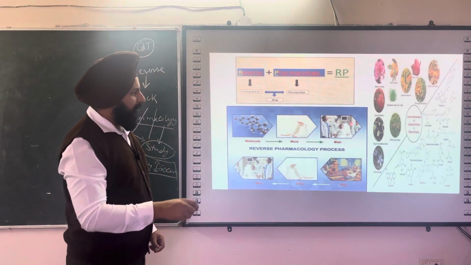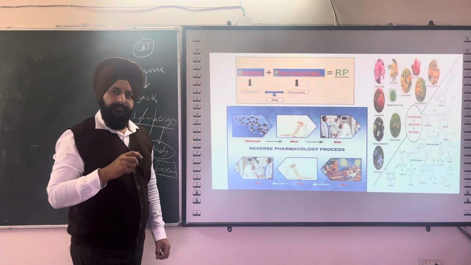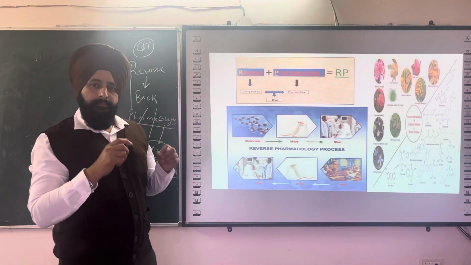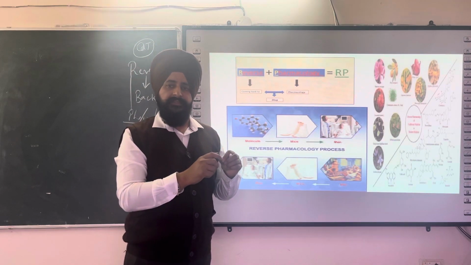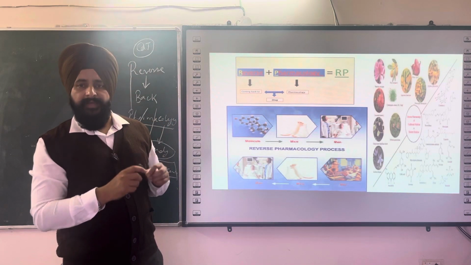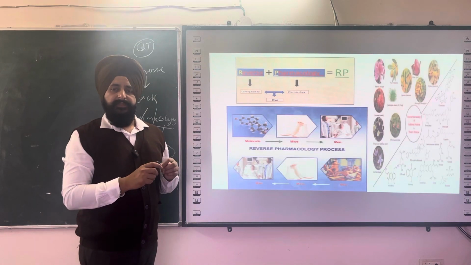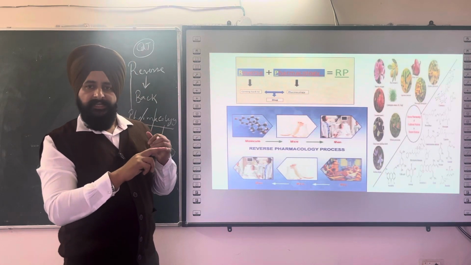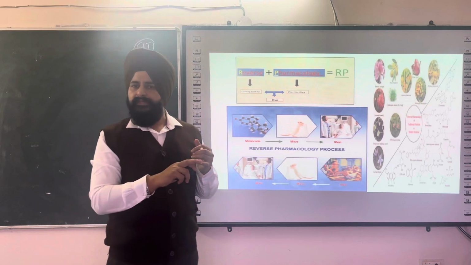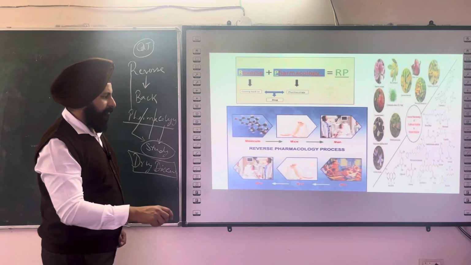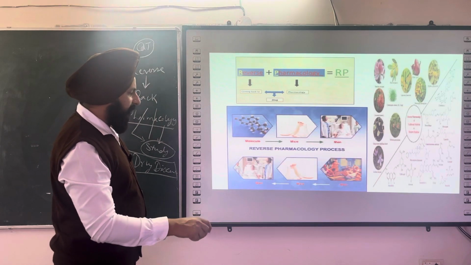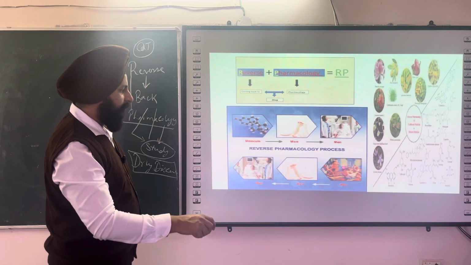Even so, in clinical practice, if your drug produces many ADRs, and due to those ADRs your drug is pulled back from the market, it means there is a loss of time as well as a loss of money. So what reverse pharmacology will do is that the population data will again be analyzed on animals,